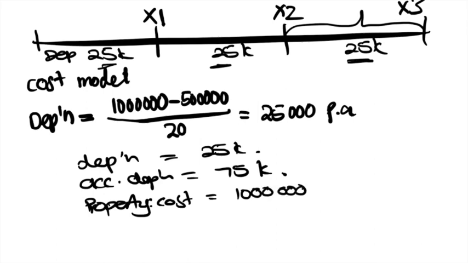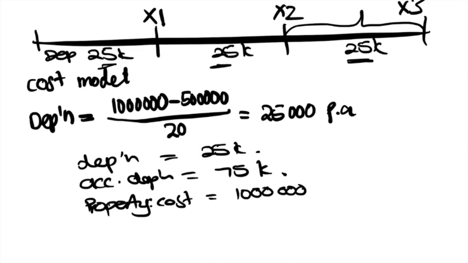Now, IAS 40, when it talks about the cost model for investment property, it basically directs us back to IAS 16. So we would treat an asset as in IAS 16, where we have a cost account and an accumulated depreciation account separately, and then we offset it when we present it on the financial statements. We're going to have the same thing over here for this investment property.